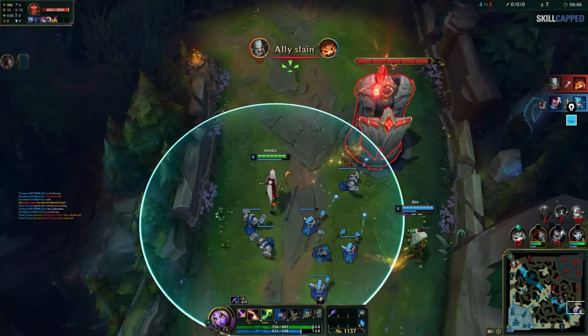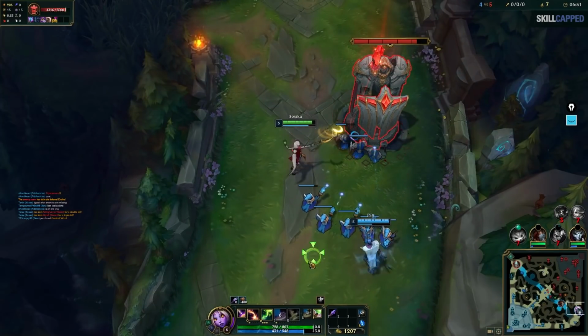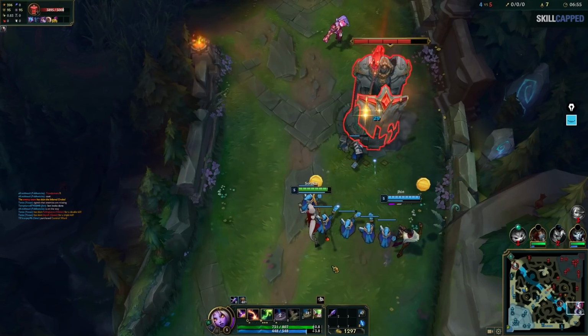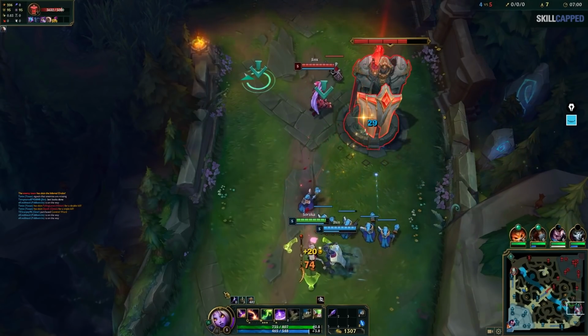Okay, Yasuo popped off there. If I had a ward, I would like to put it here, but I don't. Now, Jhin has actually died and reset, but I haven't. But to be honest, I don't really need to. I do have 1300 gold, sure, but...